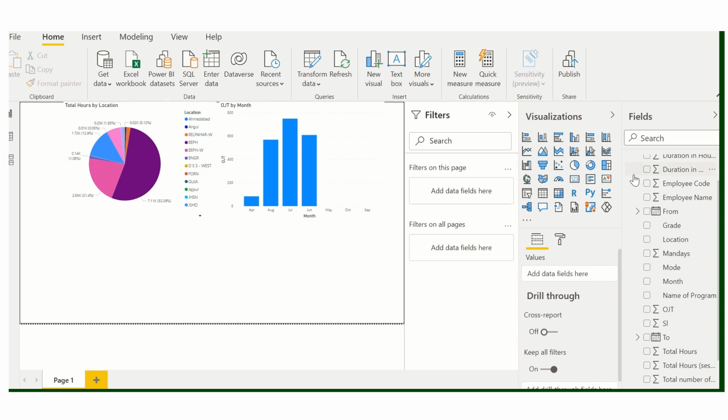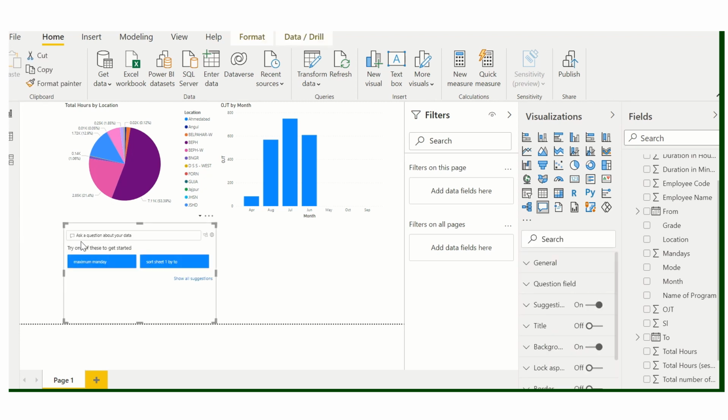Let us work on a donut chart. Double click here. Suppose we go for the mode of training, mode of training in total hours.